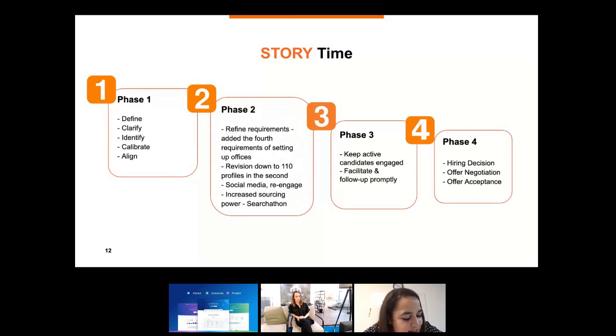So we mapped 110 profiles in the second phase and leveraged our active sourcing techniques, like I mentioned before, to identify new talent via social media and re-engage contacts in the talent pipeline we already had. And then also doing the searchathon dedicated to identifying needs for the specific vacancy.